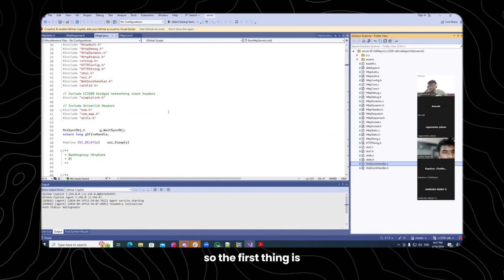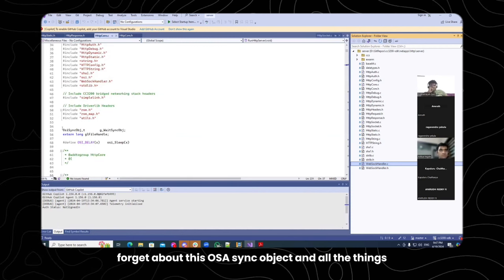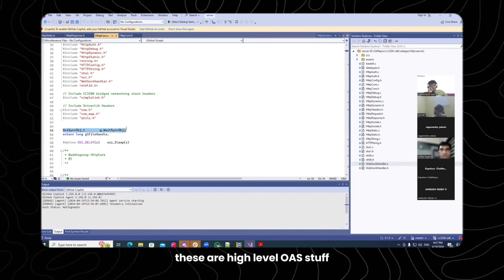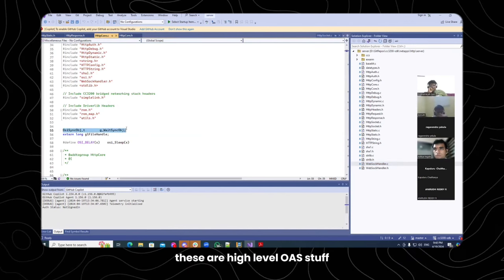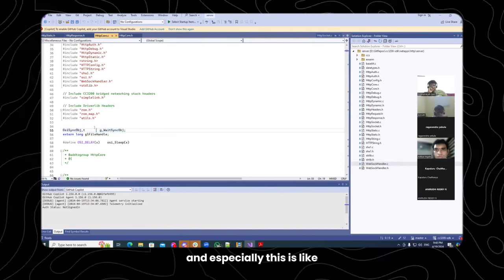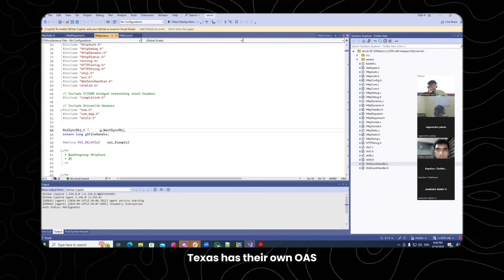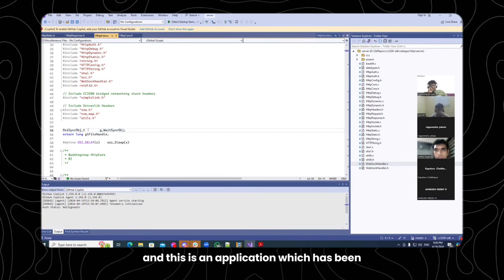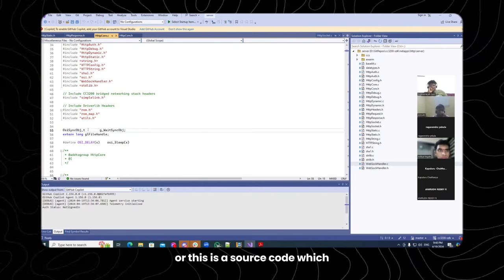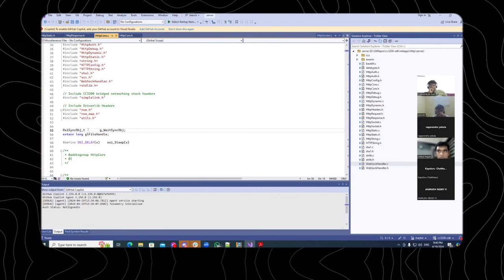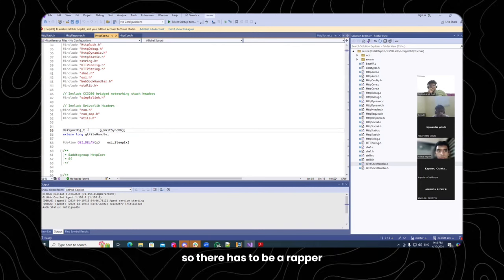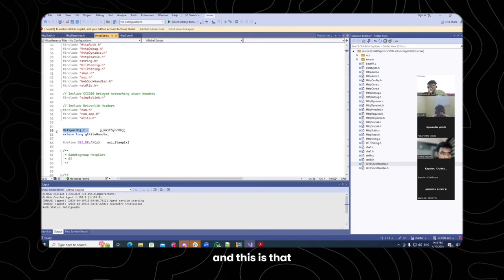The first thing is, forget about this OSI, sync object and all those things. These are high-level OS stuff. Because this is for Texas Instruments, and Texas has their own OS, this is source code which can be used across multiple real-time operating systems. So there has to be a wrapper, and this is that.